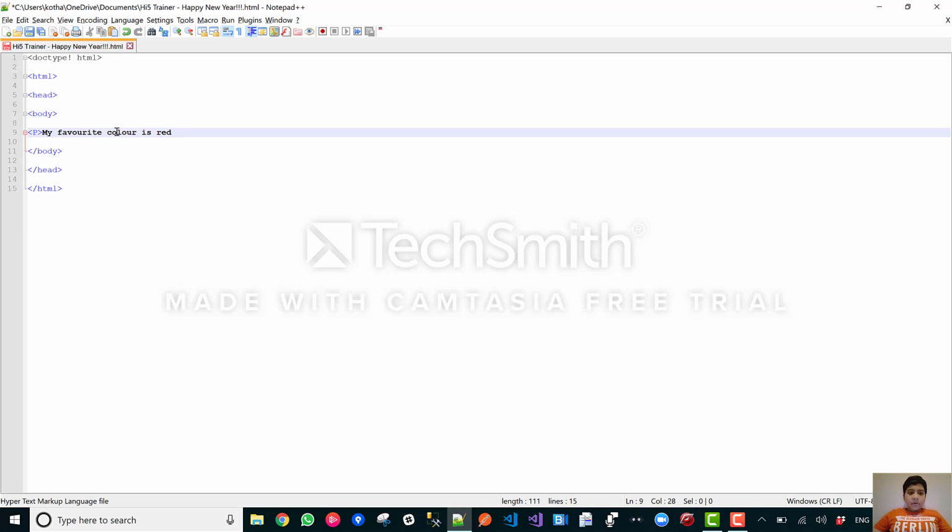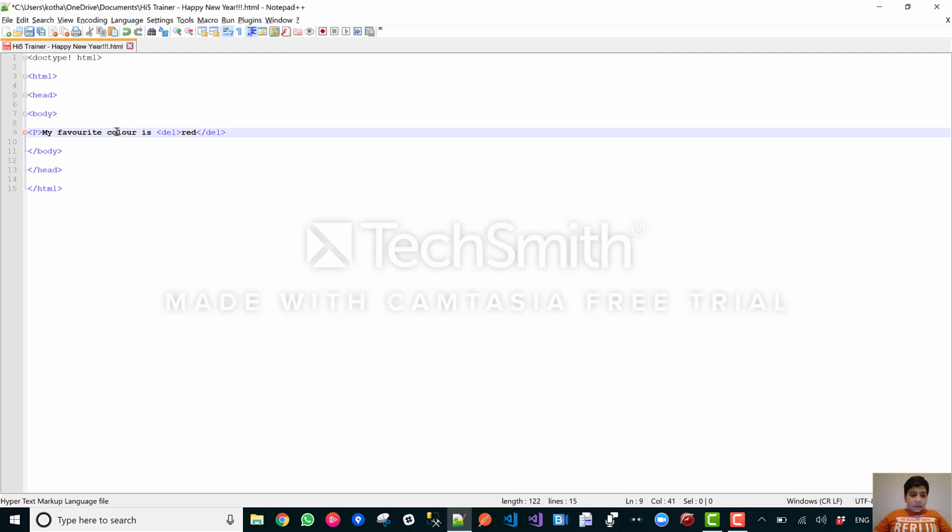One thing you can do is delete red and change it to blue, but you actually don't want to do that. You want to show that you cut red, and then beside that you wrote blue. So then you can use the del tag before red and after red,